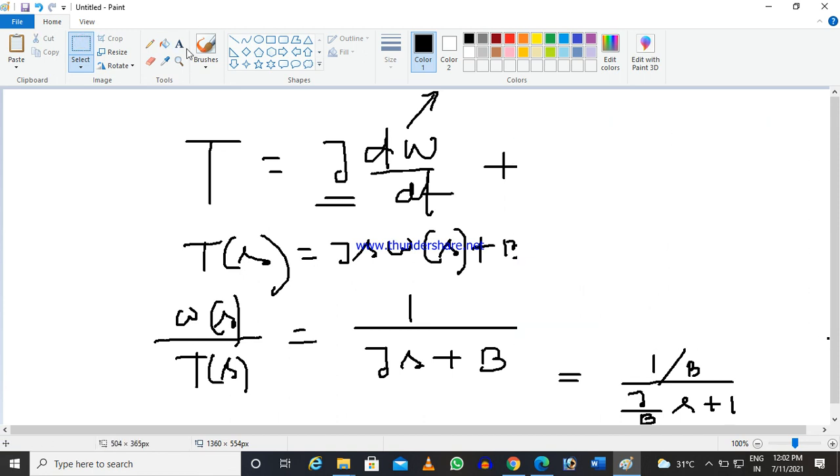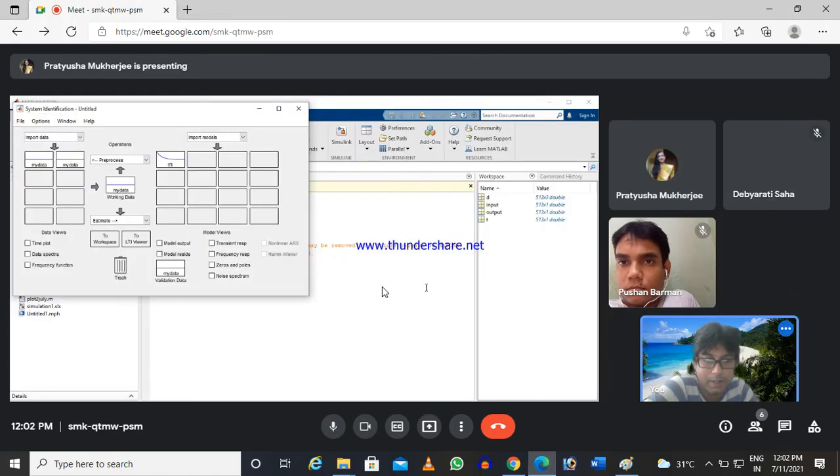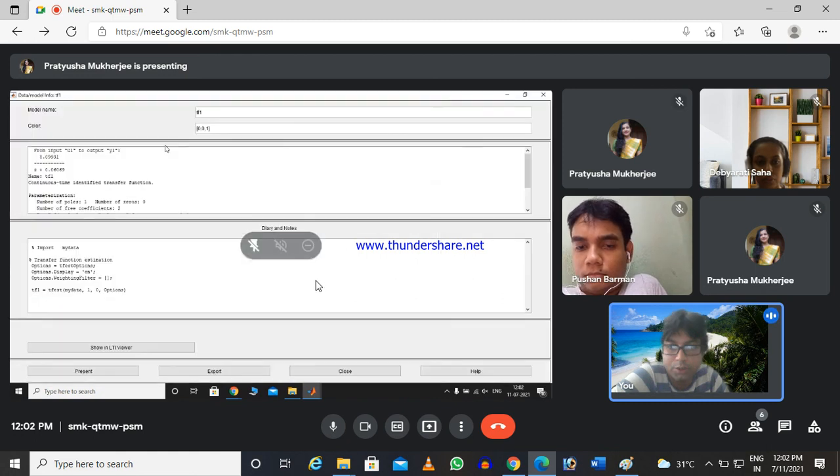Now you see, show the transfer function, Pratyusha. Here we are getting the form of some constant divided by s plus some constant.